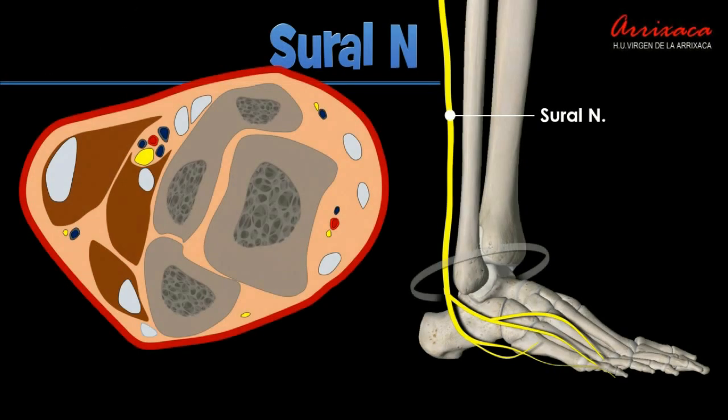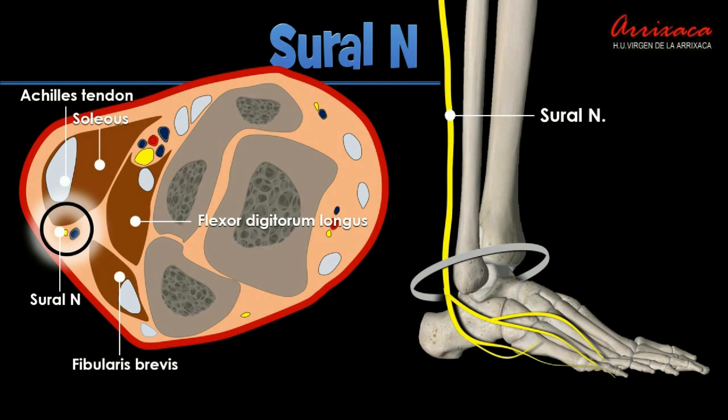The sural nerve is a sensory nerve in the calf region of the leg. It is made up of branches of the tibial and common peroneal nerve: the medial cutaneous branch from the tibial nerve, and the lateral cutaneous branch from the common peroneal nerve. Once formed, this nerve runs down from the mid-posterior popliteal fossa to just behind the lateral malleolus. It then travels under the malleolus and distally along the lateral aspect of the foot. At the ankle level, the nerve runs superficially between the Achilles tendon and the peroneal muscles, accompanied by the external saphenous vein. The sural nerve supplies sensation to the skin of the lateral foot and the lateral lower ankle.